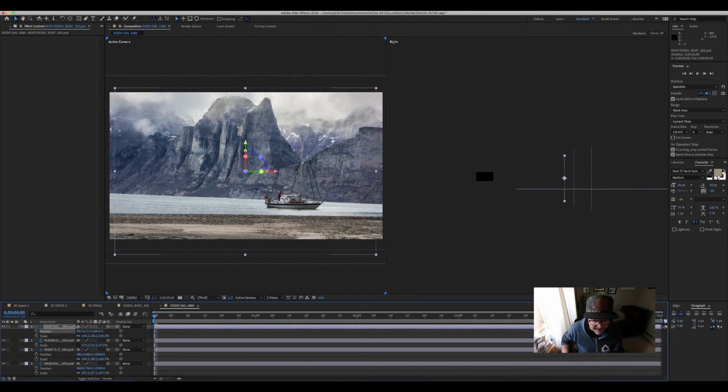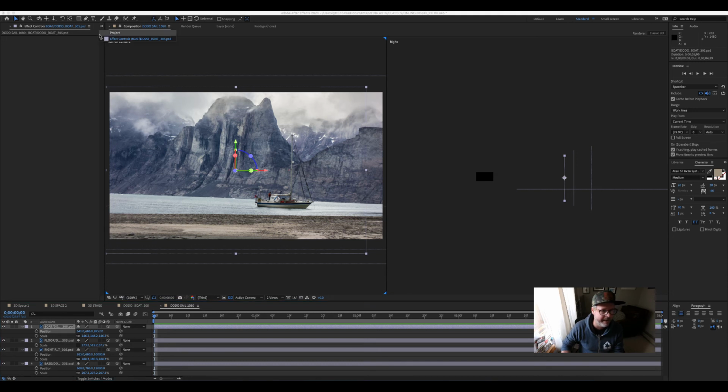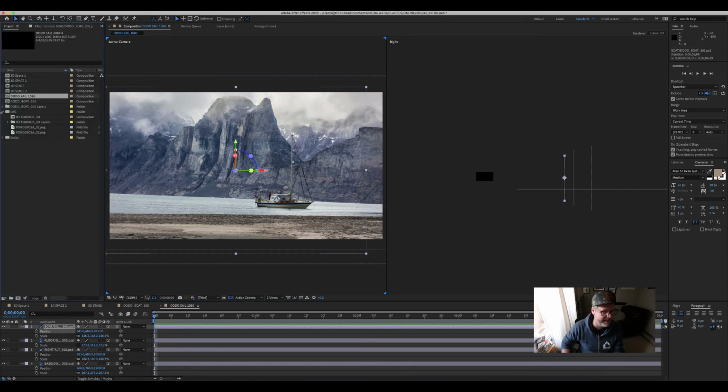So there's a lot of back and forth going on here, and that is totally fine. But it was somewhere around there. I'm feeling pretty good about that. Last thing I want to do is bring in the clouds. So I'm going to the project. I'm going to find,